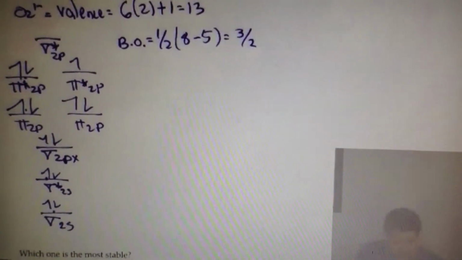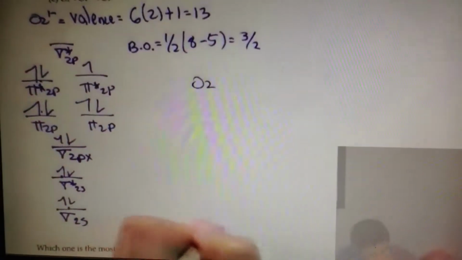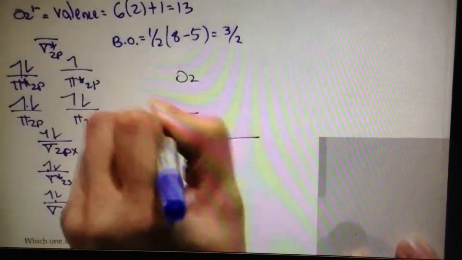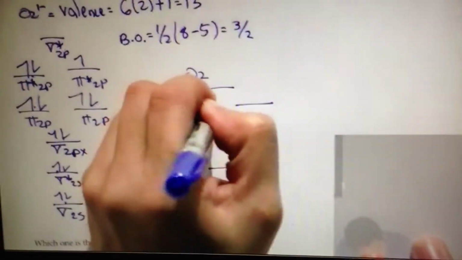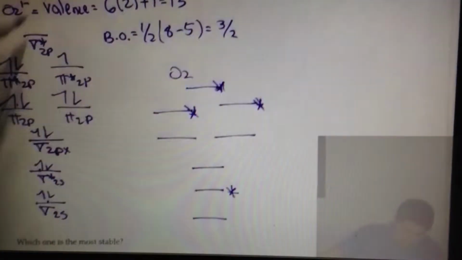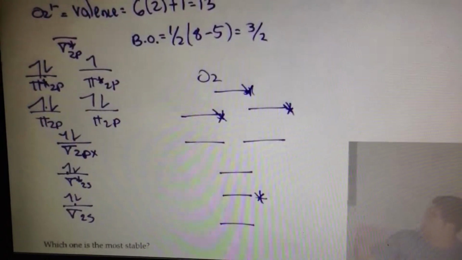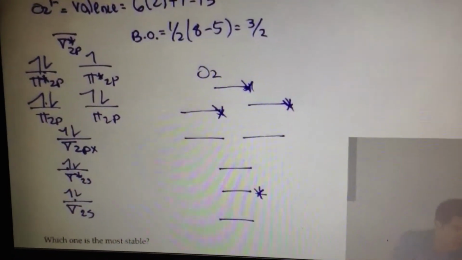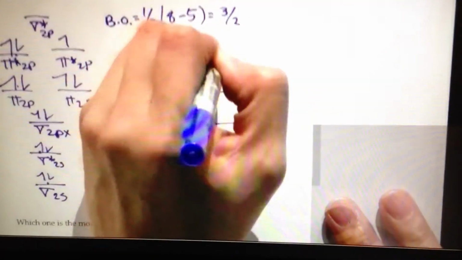All right. Now let's do the next one here: O2. It's the same one, so I just draw the same thing. I don't have to rewrite the whole thing again. I know these are the stars. I don't care what the labeling is because I already did it here. So that's the same one, right? Because they're all oxygen, they have the same exact diagram. So for O2, it's going to be 6 times 2 equals